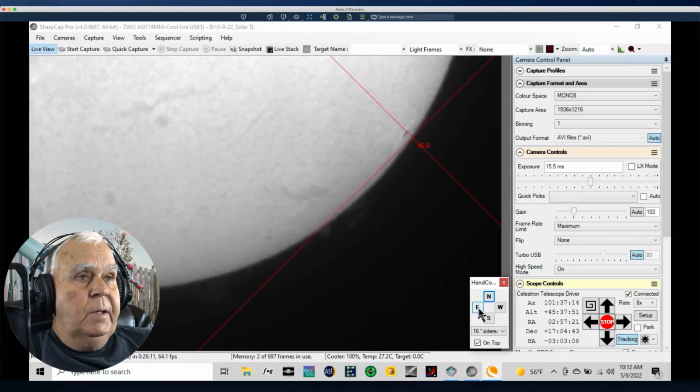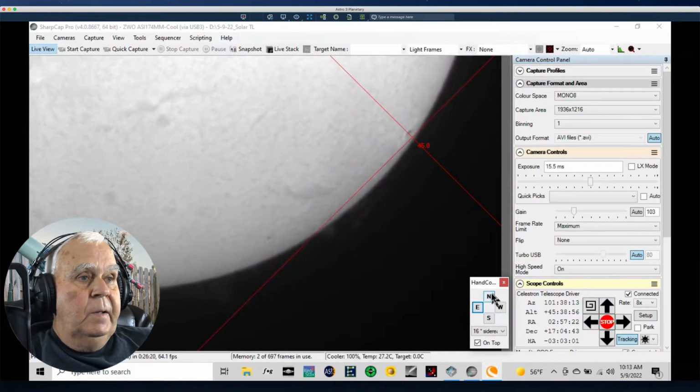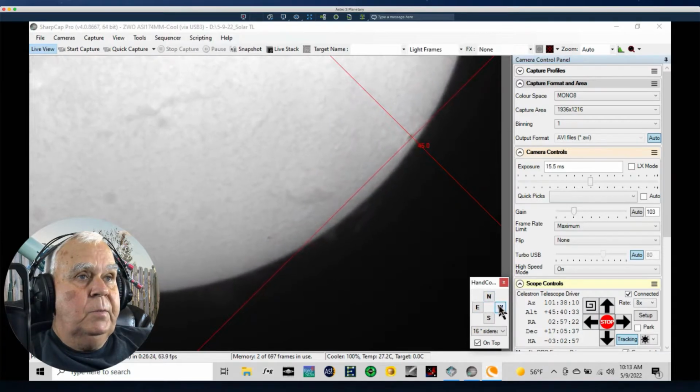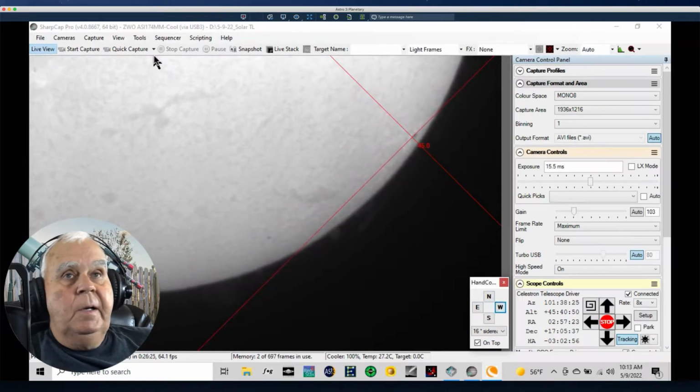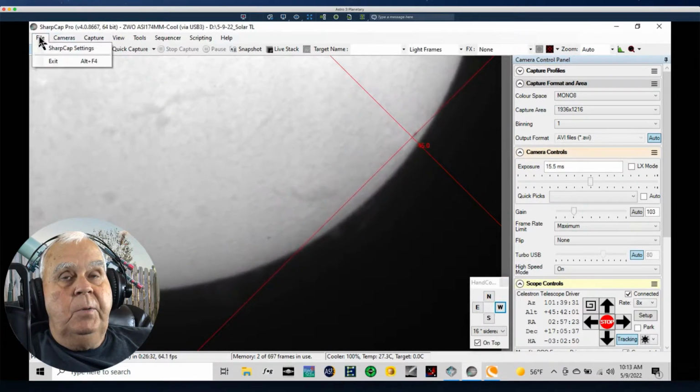At any rate, I've already drifted to the east. I've got to move back west and north, and back west a little bit. All right, so let's go up to capture. By the way, I've gone to files already. File,